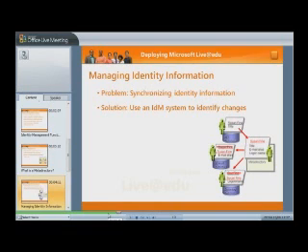Organizations that have many different directories and other data repositories, such as a human resources data repository, mainframe systems, or databases, can use an identity management system to synchronize user accounts and attributes in all of those systems, including synchronization of passwords. Directory synchronization saves time and money that is currently spent on keeping data consistent and enforcing data ownership rules. Using an identity management or IDM system, you can manage identity information by controlling the flow of identity information